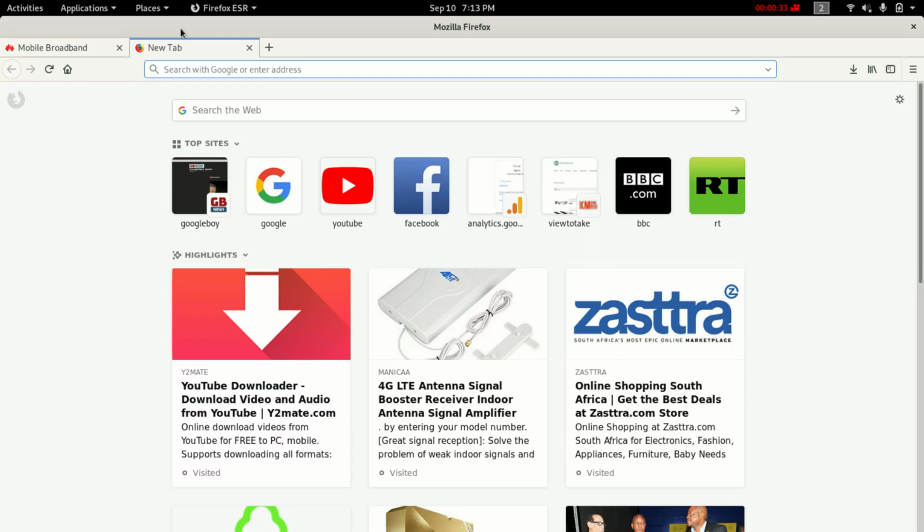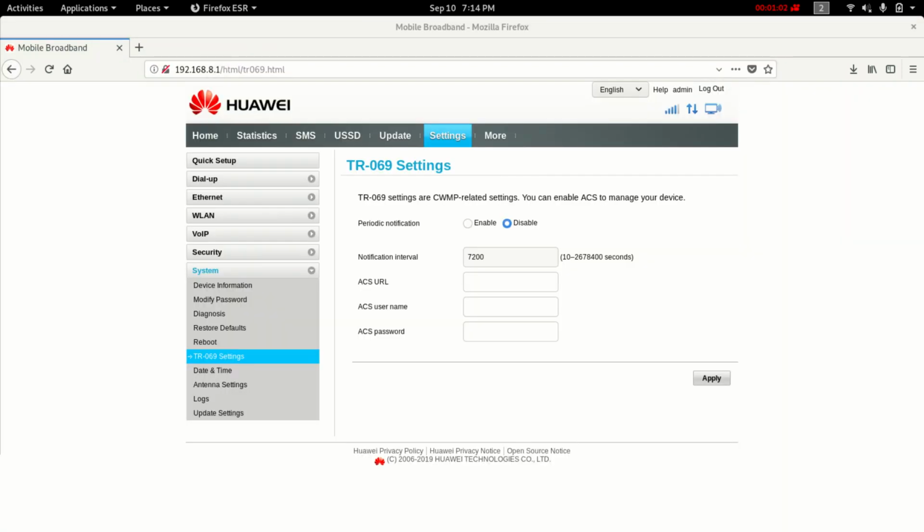Make sure the modem is switched on, and also that your modem is connected to one of your devices, maybe your computer, by cable or by Wi-Fi. You can see I have Wi-Fi on my computer, but some people can use cables. You can use a LAN cable to connect. The only way to access that information is to be connected to the modem. It doesn't matter whether it has internet or not, as long as there's a connection